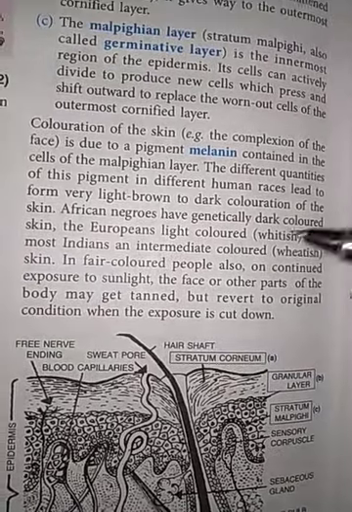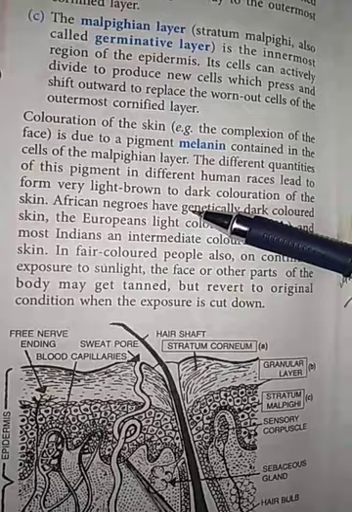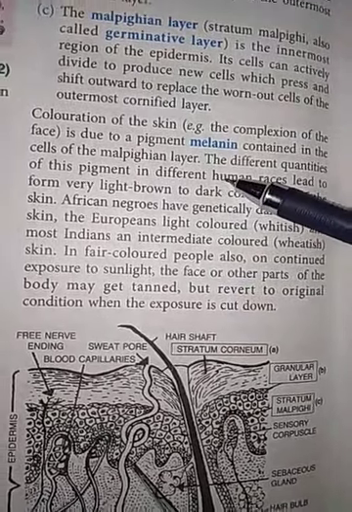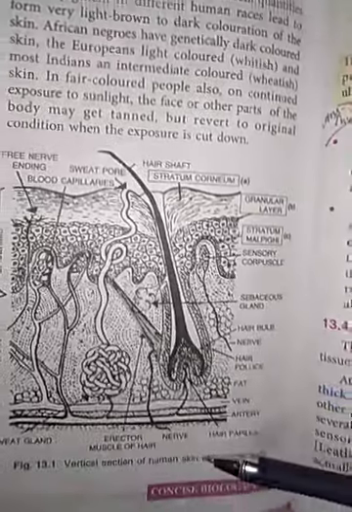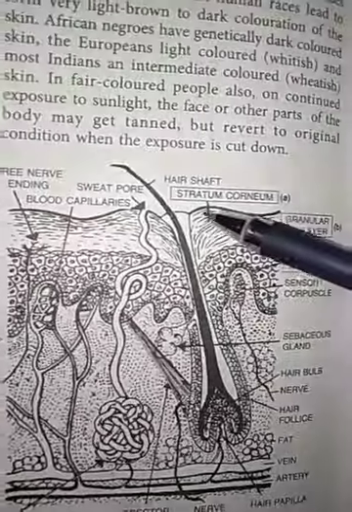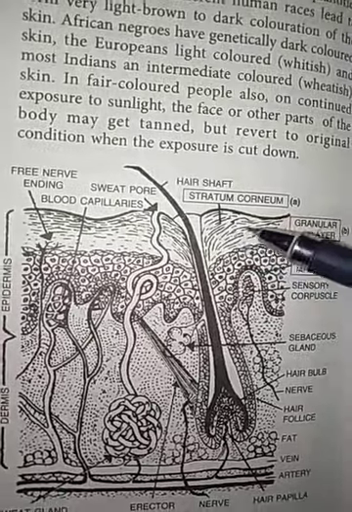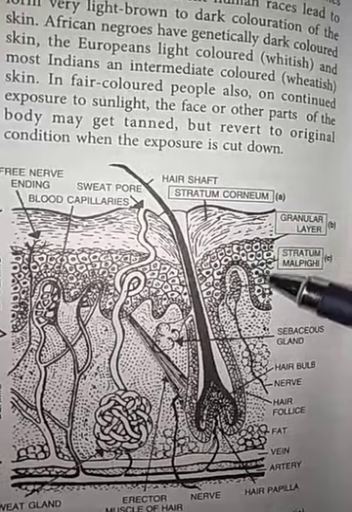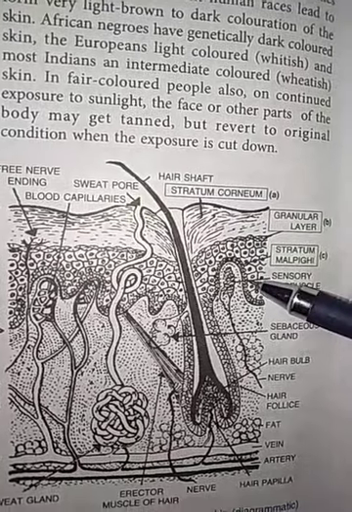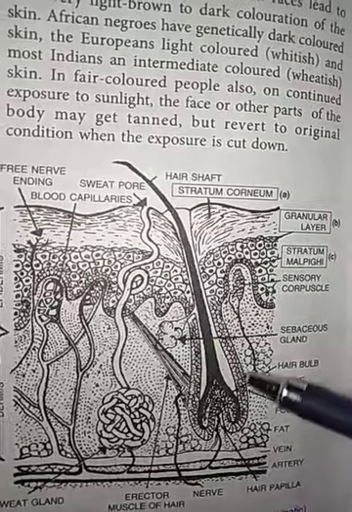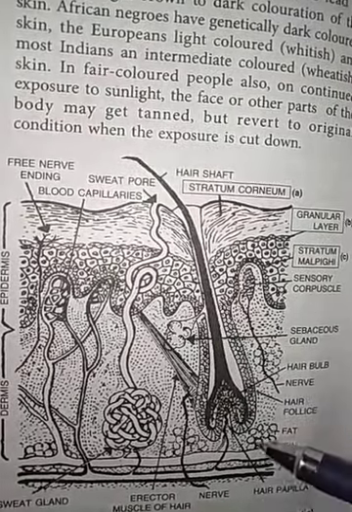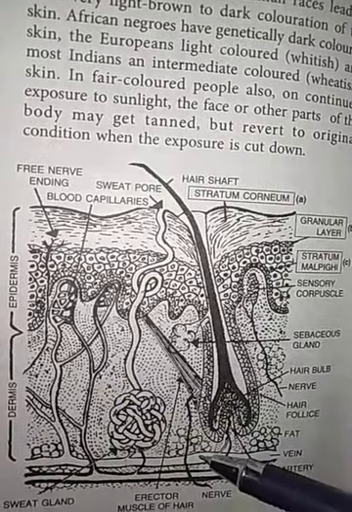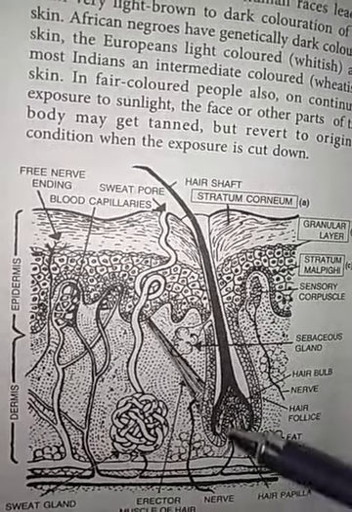So it is all about the epidermis and its three different layers. Now in this diagram, you can see, I have told you that this one is the stratum corneum layer, which is formed of a protein, keratin. Then the second one is the granular layer, the third one is the stratum Malpighian layer, and lower to this there is the dermis layer, which also contains the sweat glands, fat cells, and hair follicles.